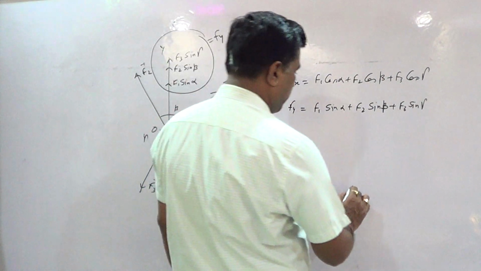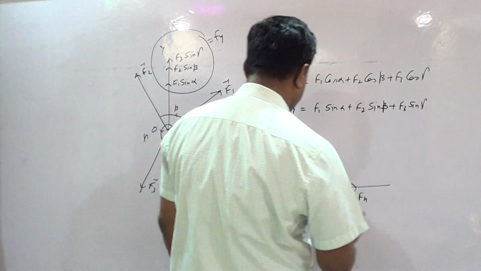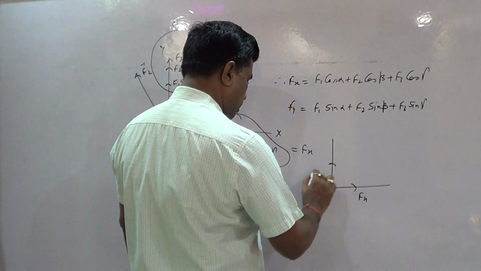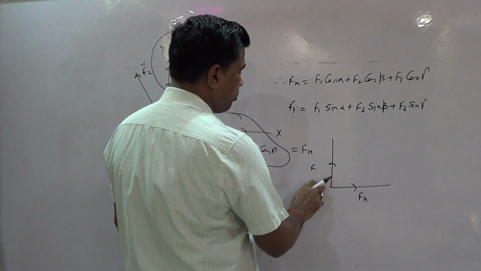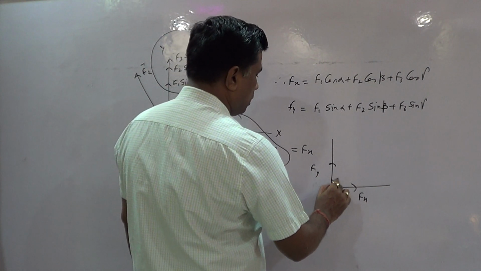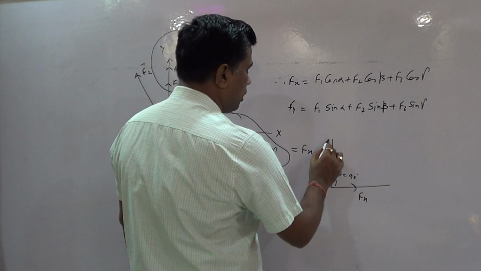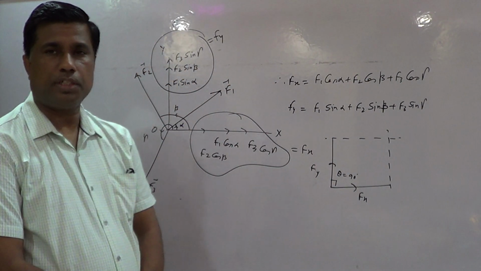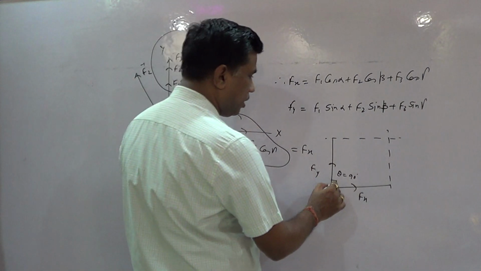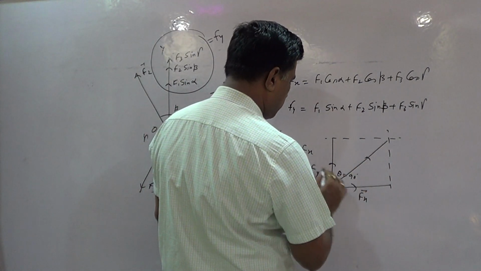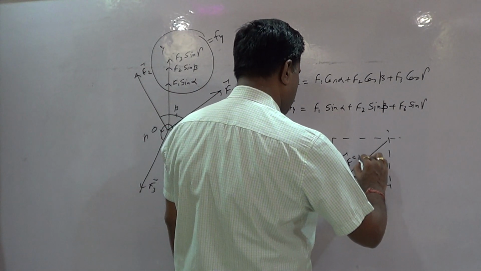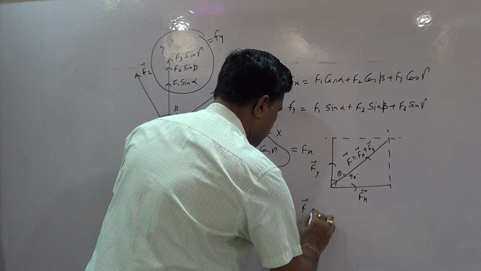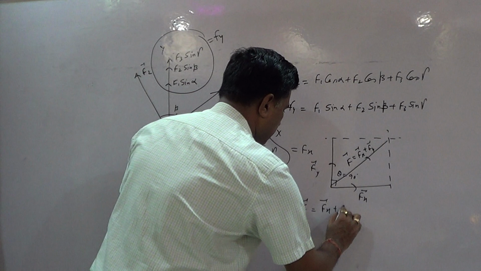Now student, we have two vectors. One is Fx along x-axis and the other one is Fy along y-axis. So these two forces are acting perpendicular to each other. The angle between them is 90 degrees. Now to find the resultant of these two vectors, we will apply the parallelogram method of addition of two vectors. So this diagonal will be the resultant of these two vectors. This diagonal F can be written as vector Fx plus Fy.